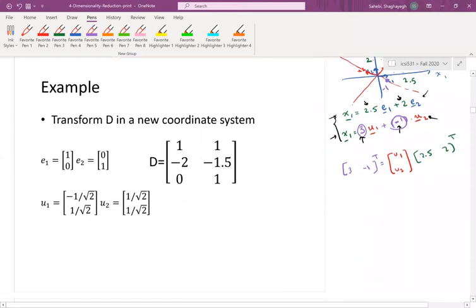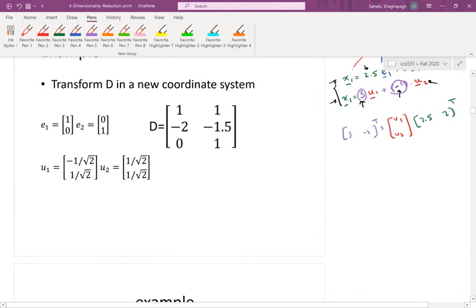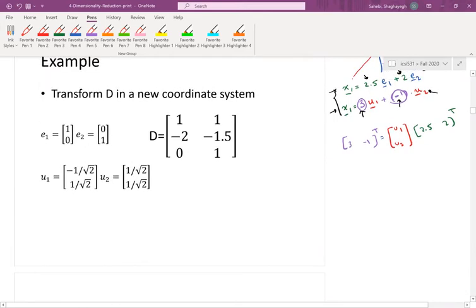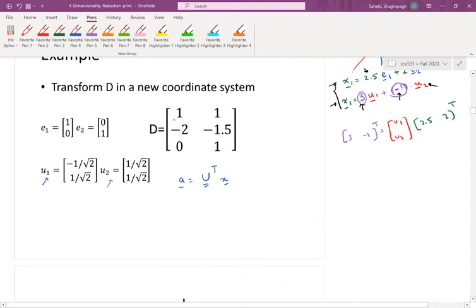All right, so let's see an example. We have a data matrix D in a two-dimensional space with the basis vectors E1 and E2. So we have 3 data points and 2 axes. And we want to transform D into a new coordinate system with orthonormal vectors. U1 is this one and U2 is this one. We said that the new coordinate system for each of our data points is going to be equal to U transpose X, the original data point, right? So for example, suppose that I'm looking at the second data point. So my X is minus 2, minus 1.5,